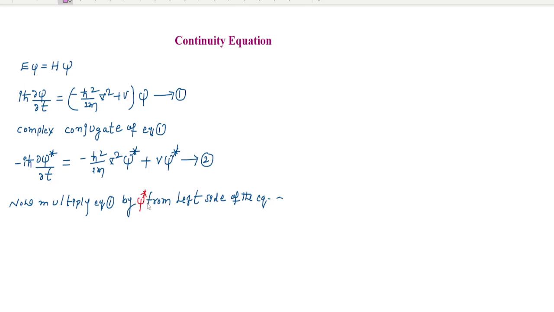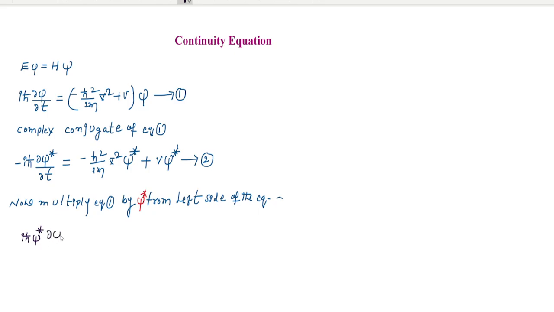This is psi complex. We need to multiply psi complex from the left side of equation number 1: i h cross, because the equation is i h cross operator. So before the operator, this complex will go,